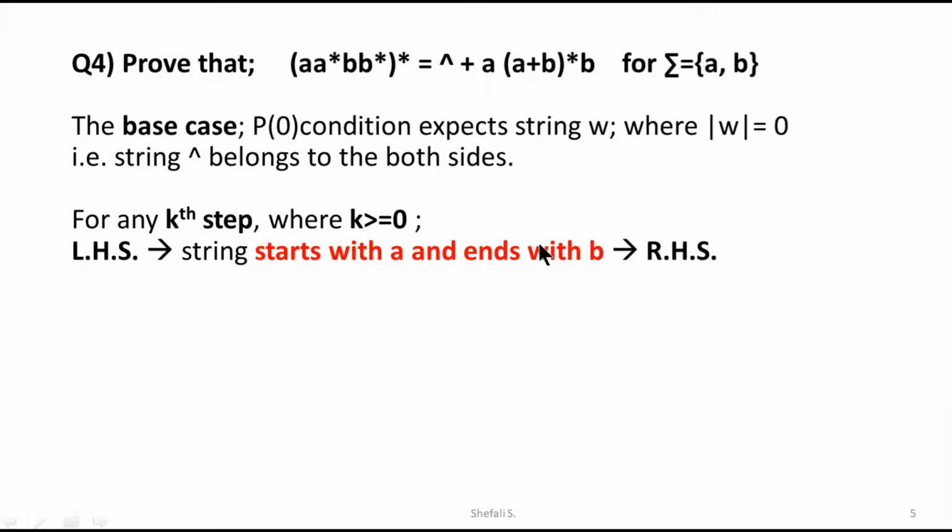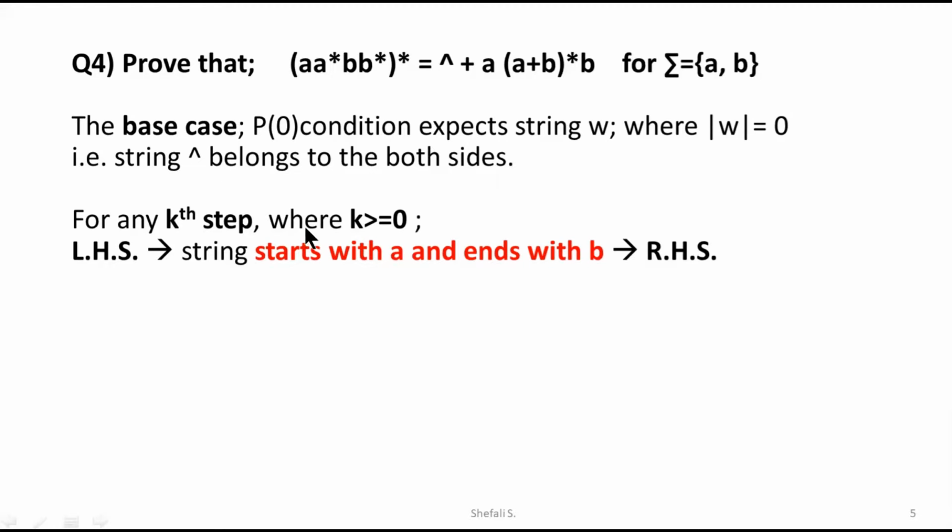So how should I start? Instead of going for each and every individual statement here, I would like to say that for the base case, where the size of your string is 0, the particular loop can be called zero times. That means it generates a null string. So a string with 0 as the size gives birth to the null string, which is the left hand side. And of course, at the right hand side, you have null. So in both cases, the left hand side as well as the right hand side are satisfied. So the base case is proved.